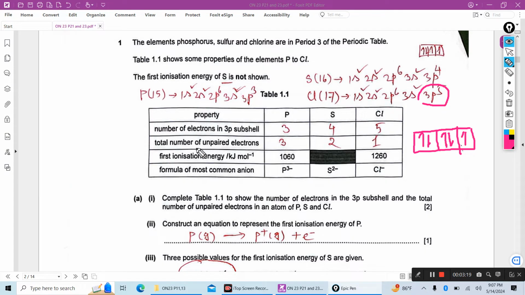So the number of unpaired electrons is only 1, so the answer is 1. This is the answer. Show the number of electrons in the 3p subshell and the total number of unpaired electrons in an atom of phosphorus, sulfur and chlorine. Now